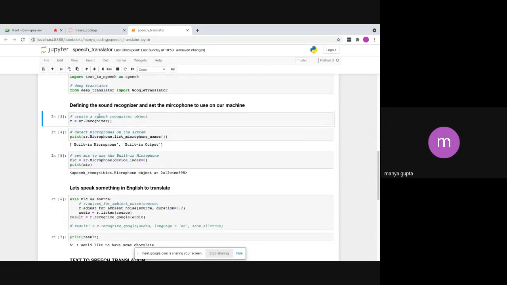Then create a speech recognition object. The built-in microphone, built-in output. Set mic to use the built-in microphone. Let's speak something in English to translate. Hi, I would like to have some milk.